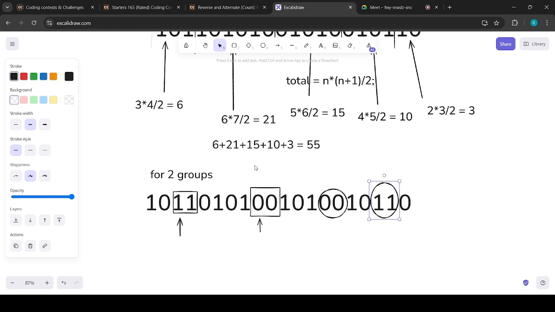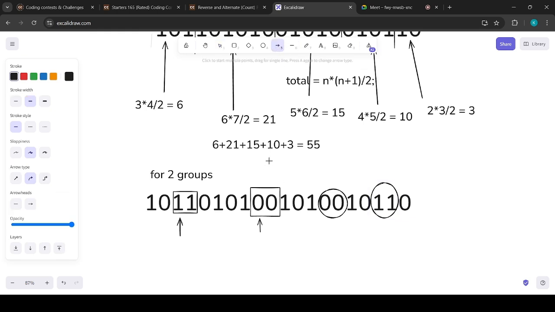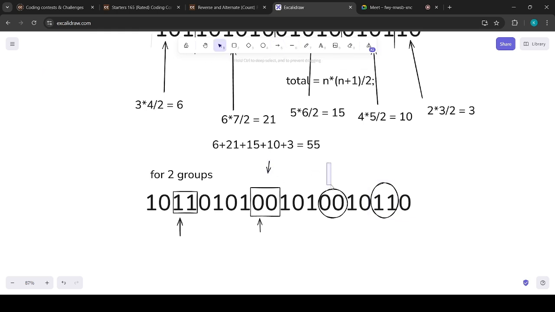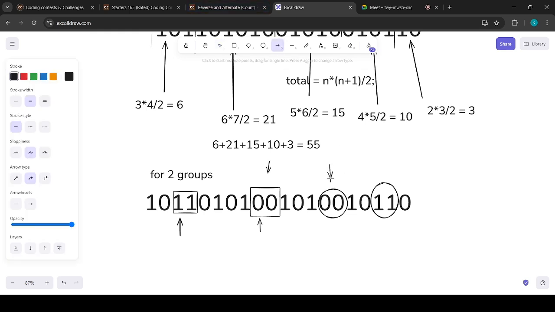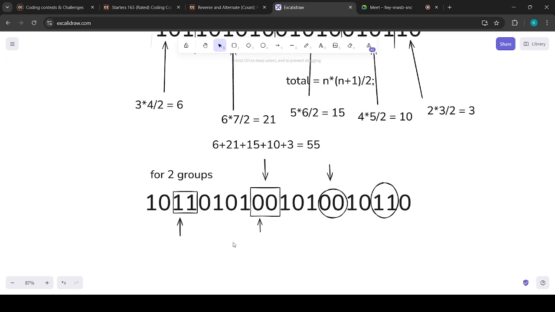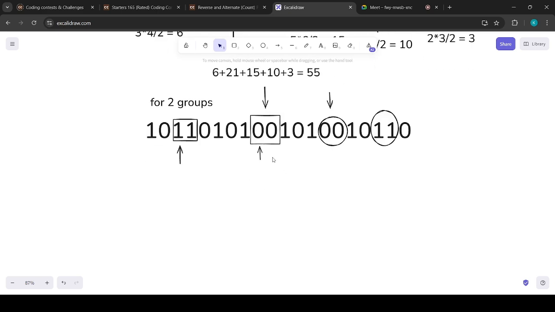We cannot take substrings which are having these two groups, because these two groups are equal. So we cannot take the substrings which are having these two groups. So for calculating the